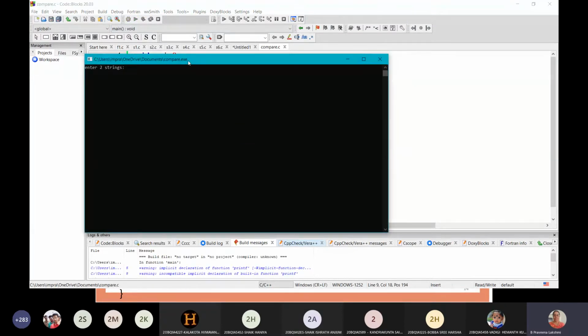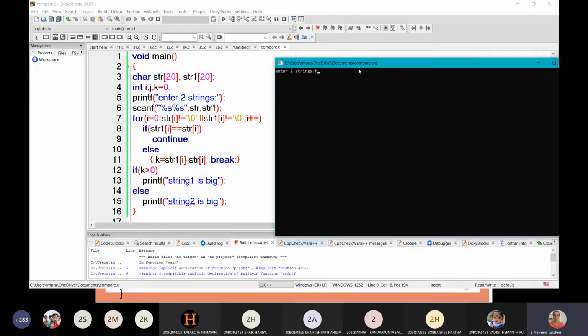Enter two strings. First we will enter hello world as the first string, and the second string is hi. So string 2 is big.